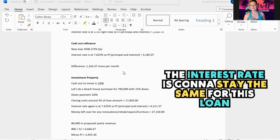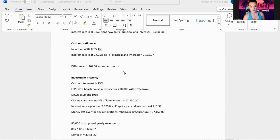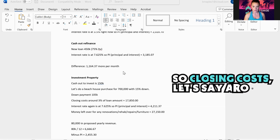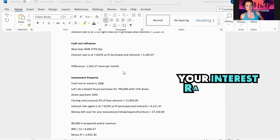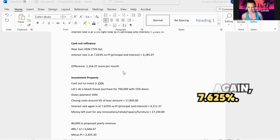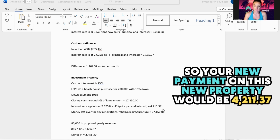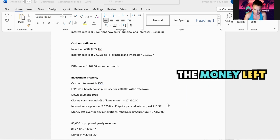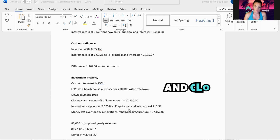The interest rate is going to stay the same for this loan as your cash out refinance. However, your closing costs will be a little higher. So closing costs, let's say around 3%, would be $17,850. Your interest rate, again, 7.625%. So your new payment on this new property would be $4,211.37. The money left over after you put your down payment and closing costs down is